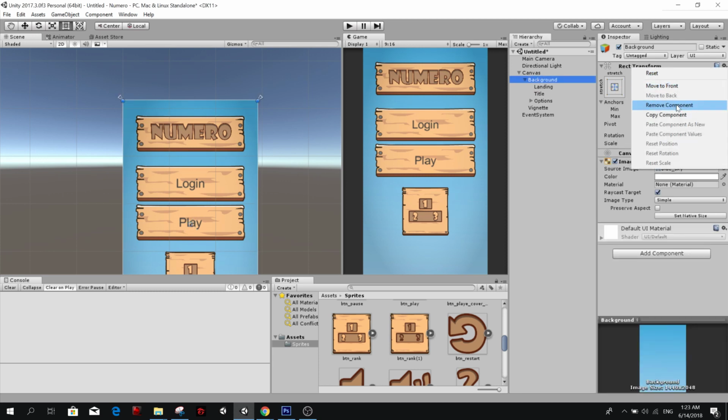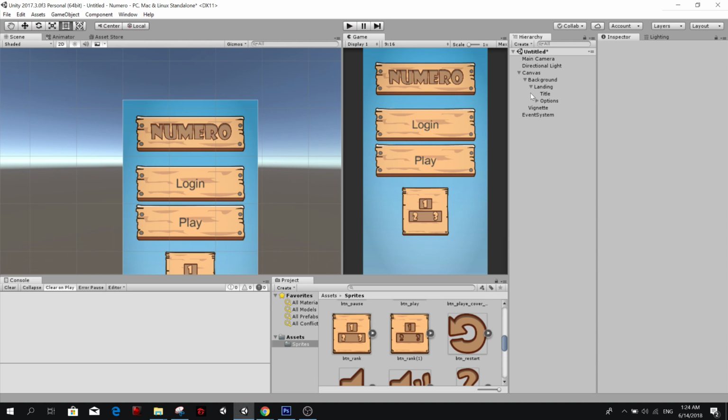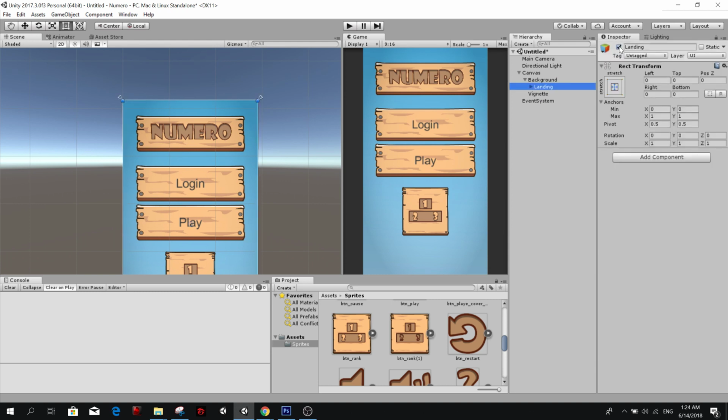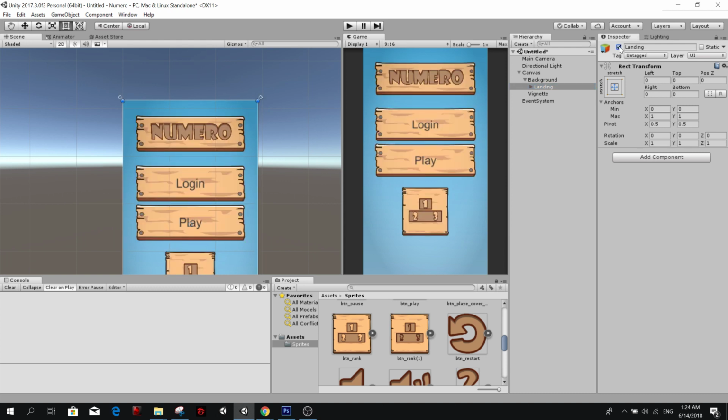So copy component, paste component values, and then this landing will just contain everything that we have there. So everything will be contained in this landing. When we are playing, we will turn off the landing, and we'll turn it on when we come back.